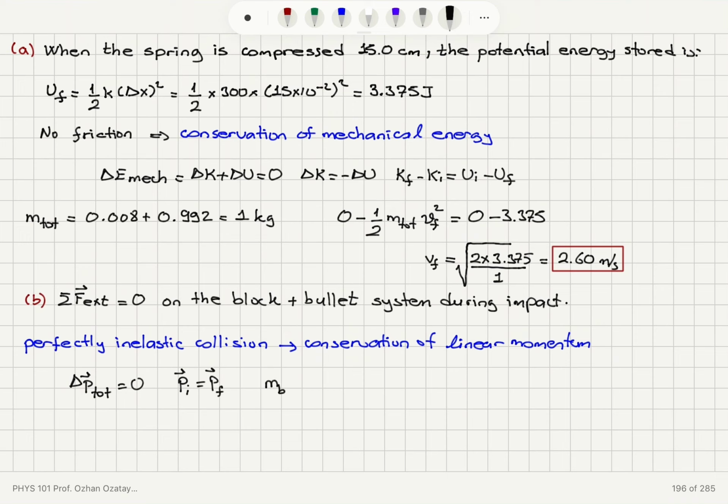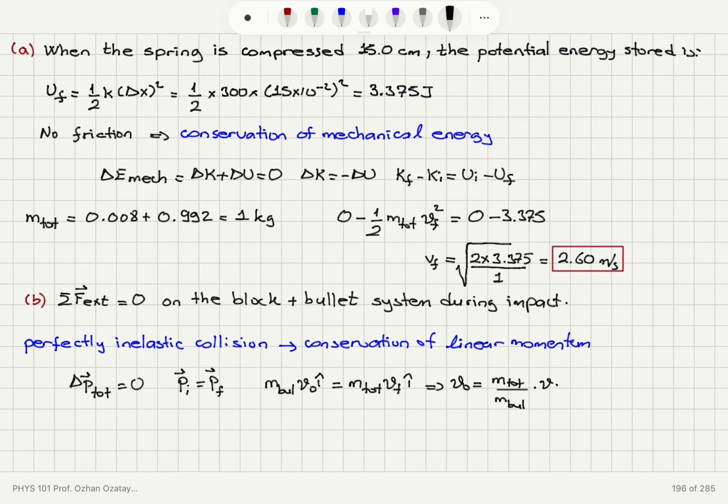Mass of the bullet times its initial speed in I-hat direction is equal to the total mass times the final speed in I-hat direction. So from this equation we obtain the initial speed to be the ratio of the total mass to the mass of the bullet